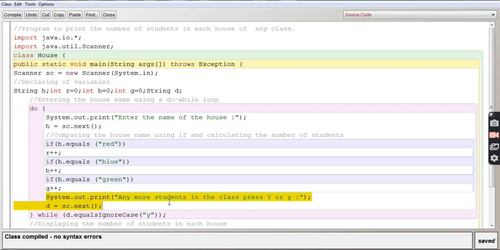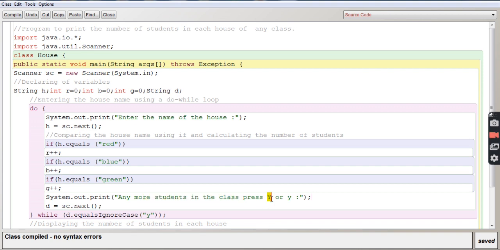Now it will come to this line asking for any more students in the class, then press Y or y. If you can see clearly, Y in uppercase, y in lowercase, because the user may enter Y for yes. It is asking any more students in the class.